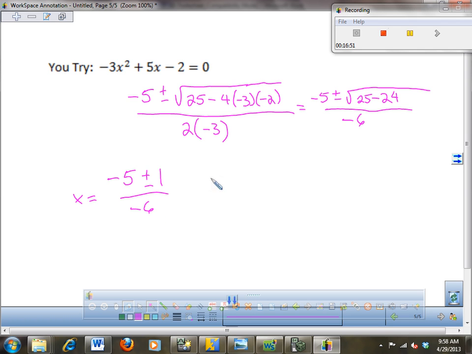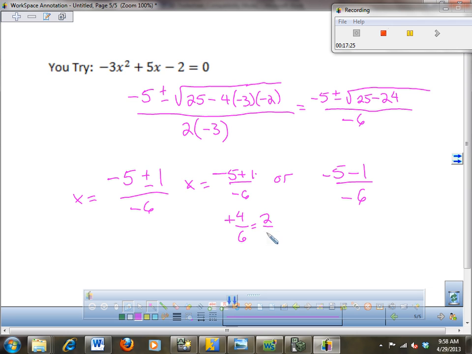And so then when I break it into two parts, I have minus 5 plus 1 divided by negative 6, or negative 5 minus 1 divided by negative 6. And negative 5 plus 1 makes negative 4 divided by negative 6. And you get a negative divided by a negative, which is a positive 4 over 6, or 2/3,